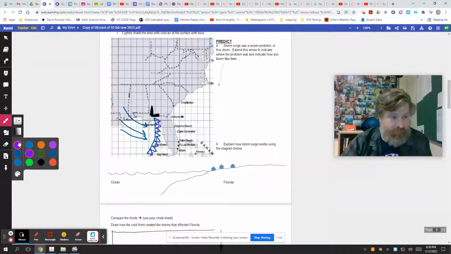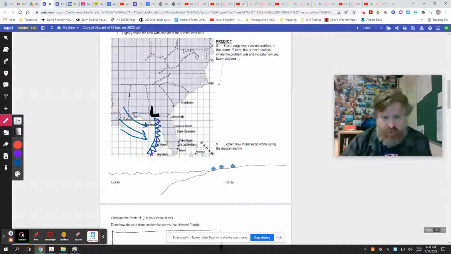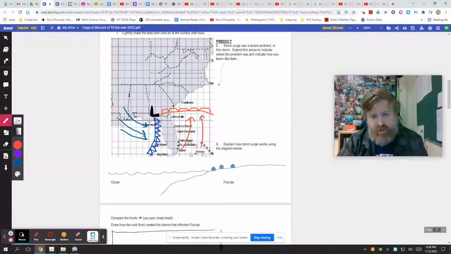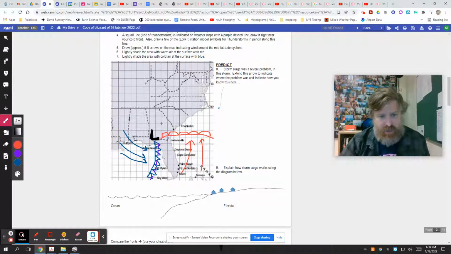At the same time, as mid-latitude cyclones do, there's a warm front. There's cold air coming down from Canada. There's also warm air coming up from the south. Warm, wet air. And as we discussed on the cheat sheet, this pulls air up out of the south. It's warm, it's humid, and what I can't draw on paper is the fact that right here, it lifts up off the map, comes up into the air, continues to suck around in a counterclockwise way,